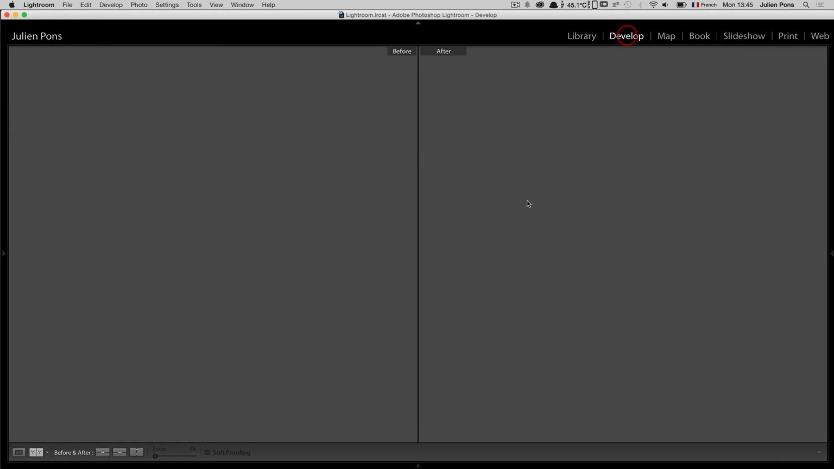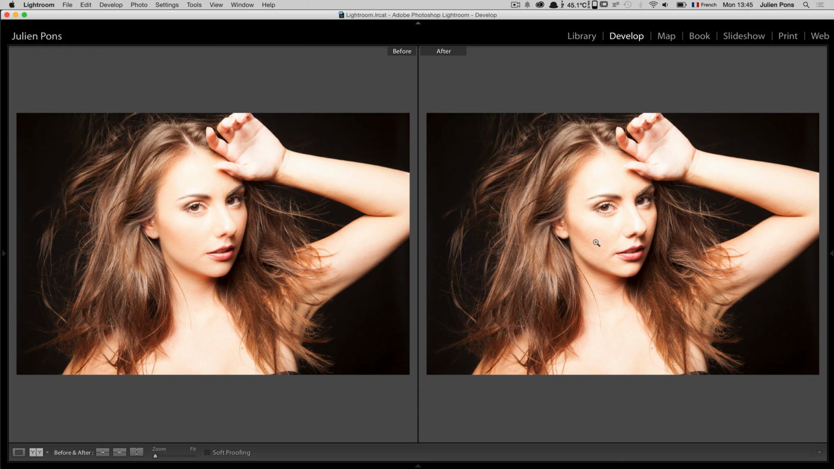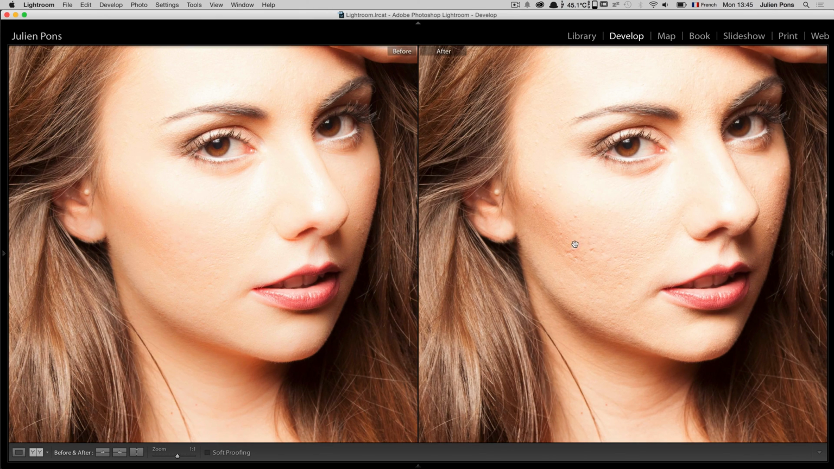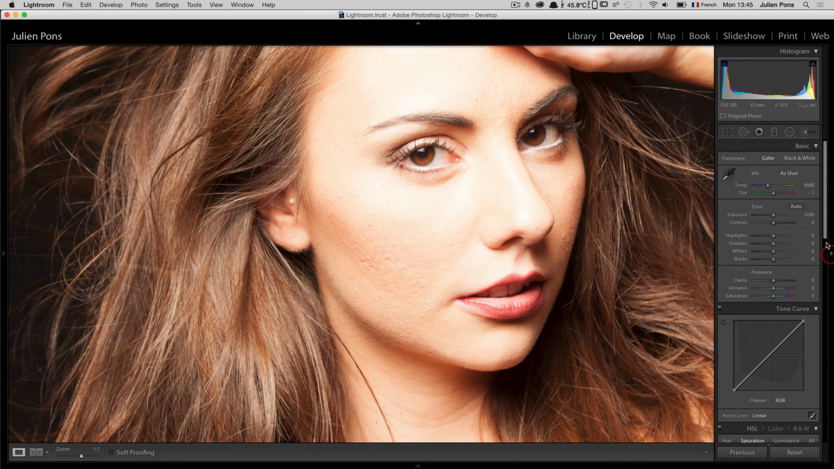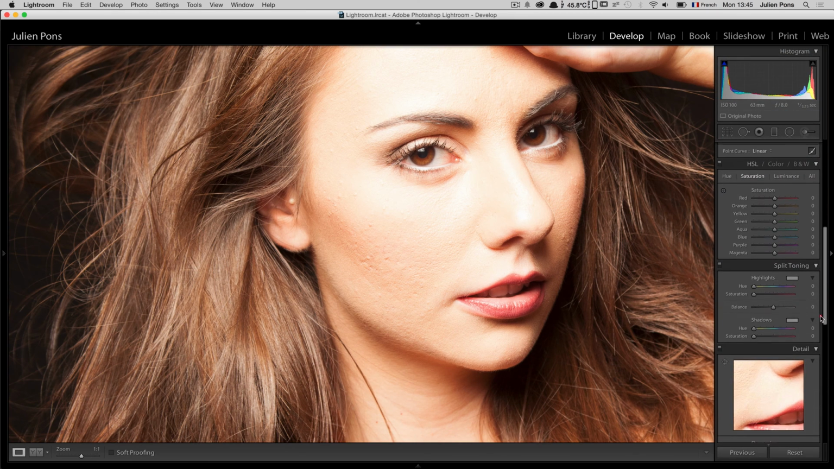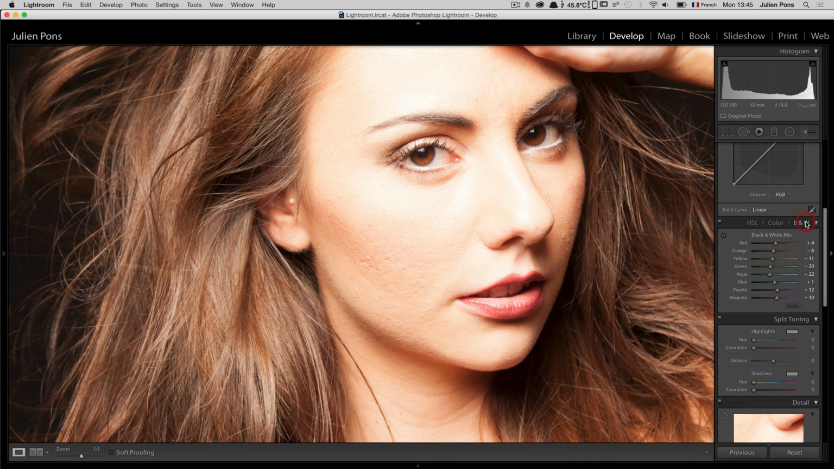So on this photo, as you can see now, what I've done on the file was just correcting the skin for another tutorial. Anyway, it's not the purpose of this video. Let's just make a quick adjustment so there is a real difference between the two virtual copies. So for this one, I'm just going to create a very quick black and white,